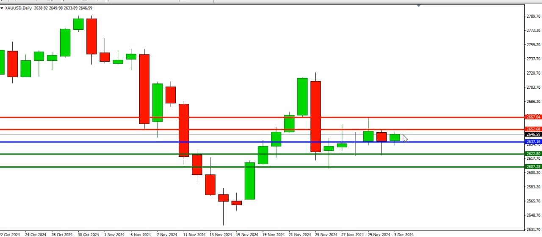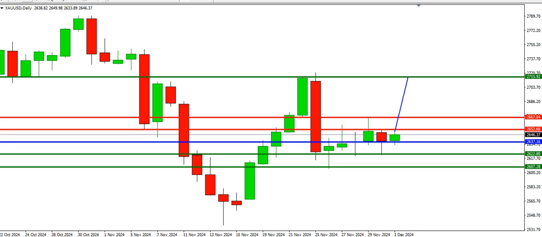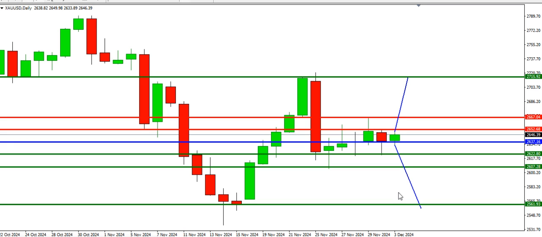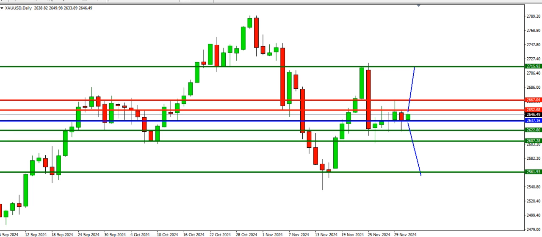A break above, we might see price go up to test the resistance area at 2715, or a drop below might see it test the support area at 2561. So price might likely go in either direction, but for now the most likely direction for price of gold